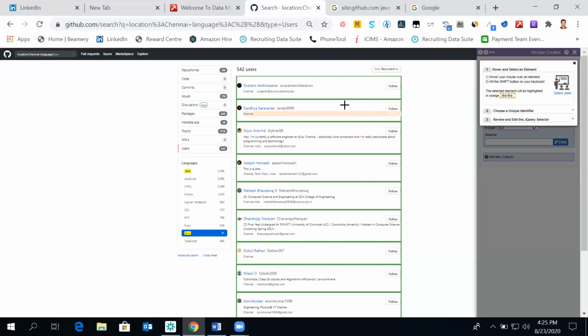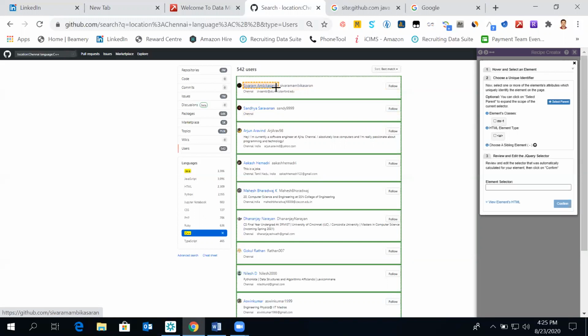Again find, we just selected the name and shift on the keyboard. Now again we got element class, HTML element types. Which element class? We have two different types. We wanted to make sure whichever element class we are selecting is helping us in selecting all the names on a page. So mr-1, it has helped us in selecting all the names on a page. So it's working out. I'll say confirm.